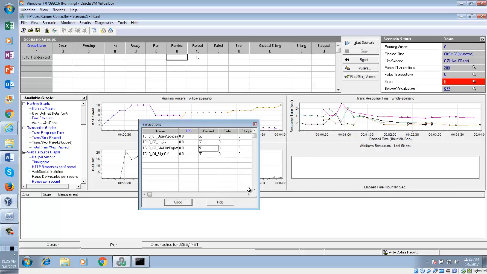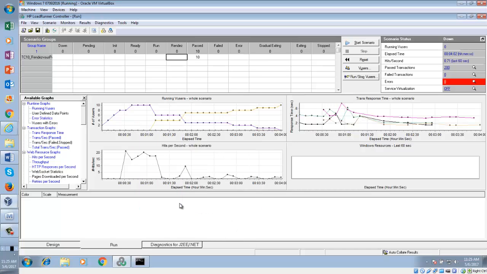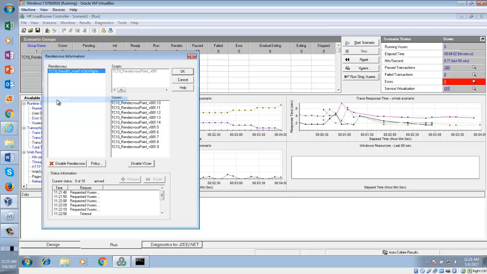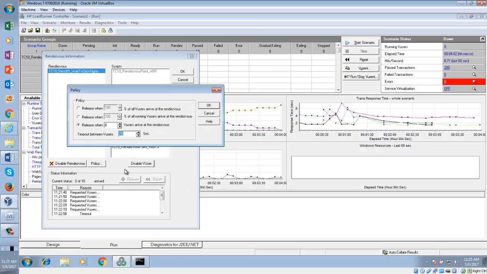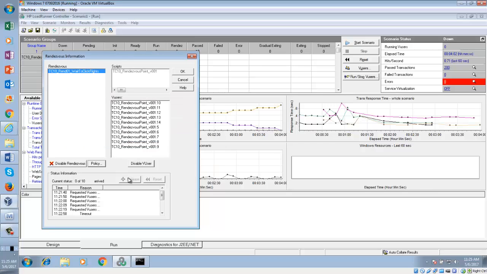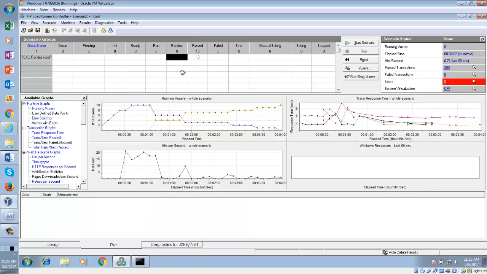Okay, so this is what rendezvous point is. Now let me show you another thing. Let me go there. Let me edit my rendezvous point policy. Instead of 8 users, I'm going to put 10 users, right? Yeah. And one other thing I wanted to show you is how you can add, like when you are executing